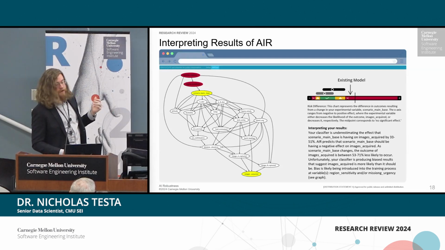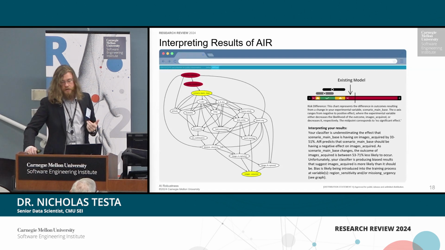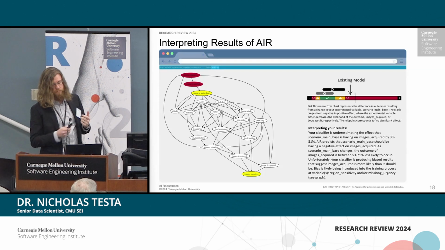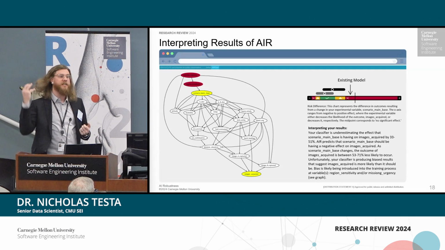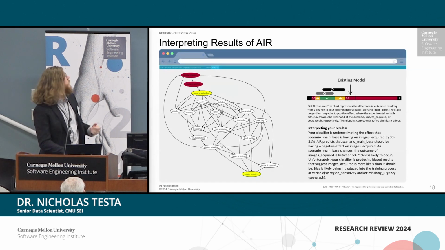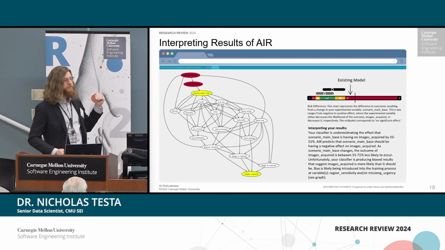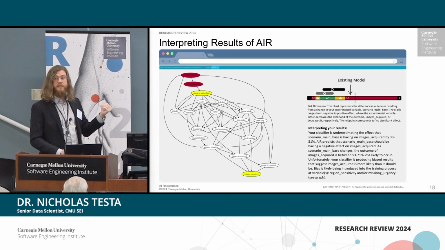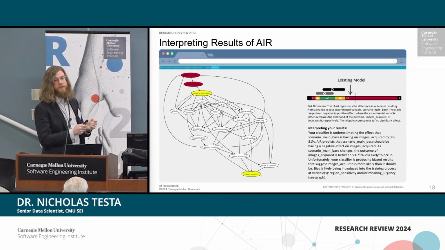On the right, we have a risk difference figure that shows that the existing classifier is outside both causally derived confidence intervals. So each of the variables that make up those adjustment sets are then highlighted in red on the causal graph on the left. And so those are the mission urgency and region sensitivity. So it turns out that for both of these variables, we are introducing some bias in the current model, and we need to look at those and investigate them so that we can deal with this bias.